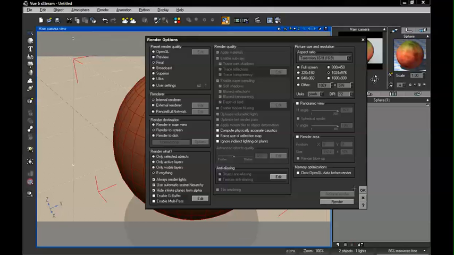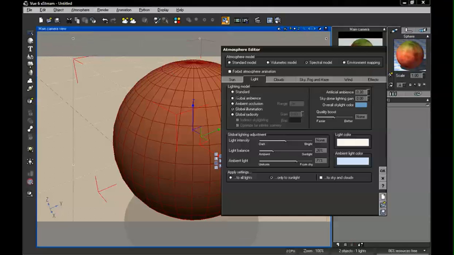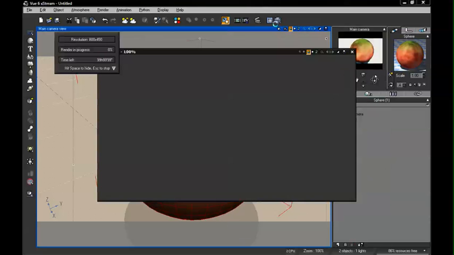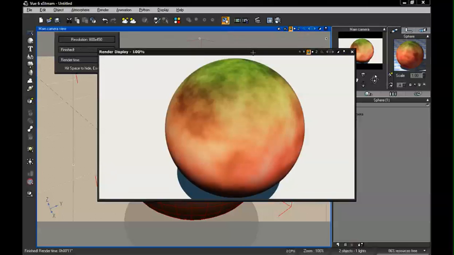that specific effect. And I'll go ahead and render that out. I'm going to go into our atmosphere editor and just set this to global ambience and an 800 by 450 render, and we can take a look at that. And of course, the more we adjust that filter, the more we can adjust the blend between these two materials based on